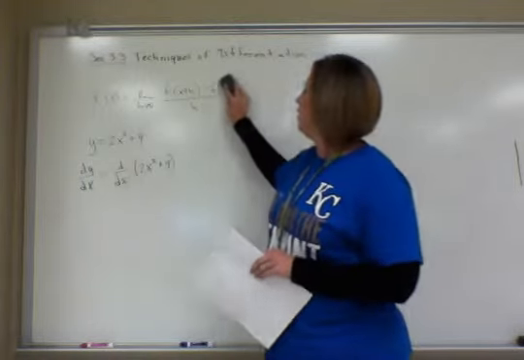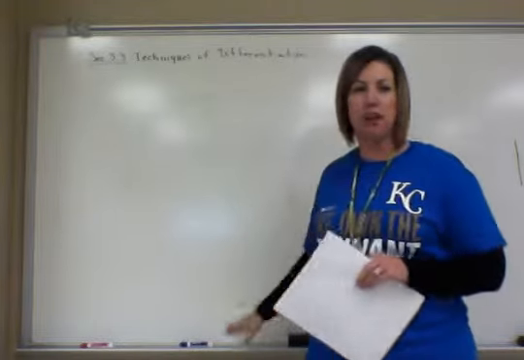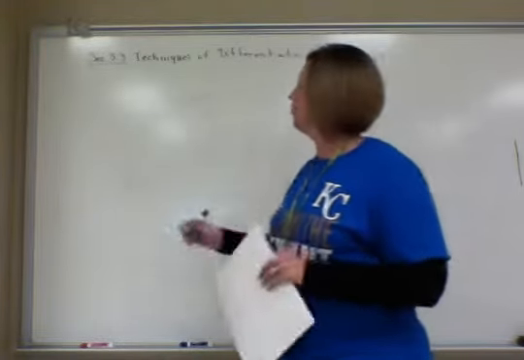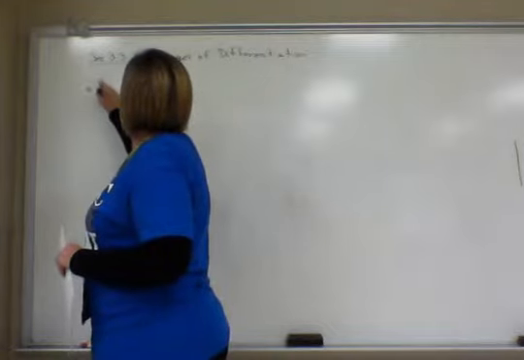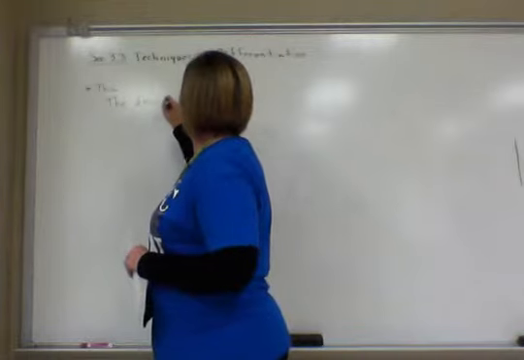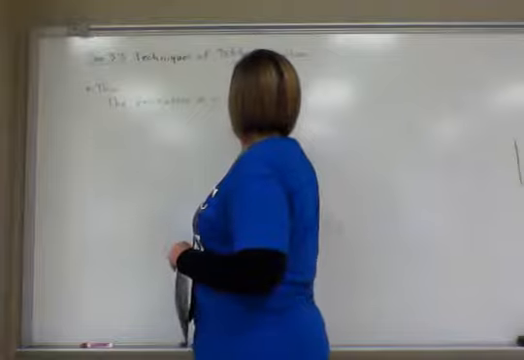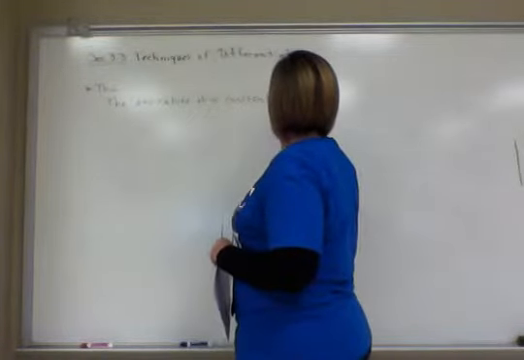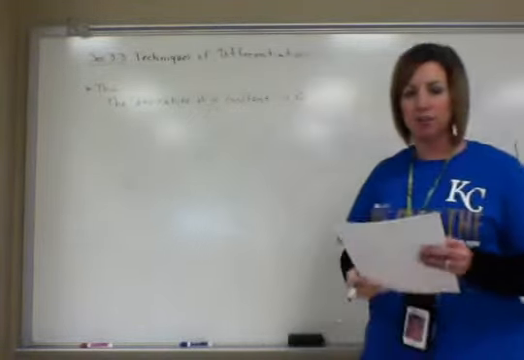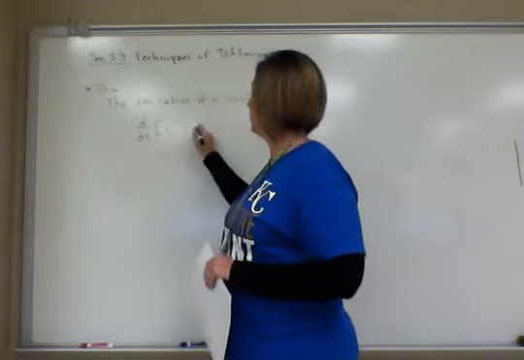All right, we have several theorems to talk about that help us define our techniques of differentiation. And so we're going to jump right in with the first theorem, which says the derivative of a constant is 0. The derivative of a constant is 0. So the way we would write that in notation, we would say d dx of c, standing for constant, equals